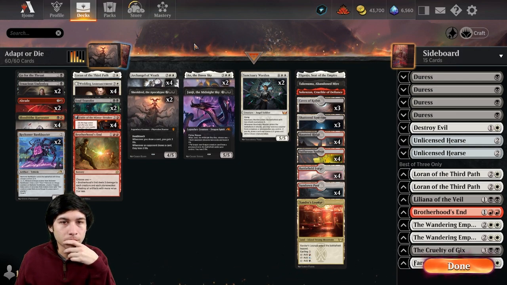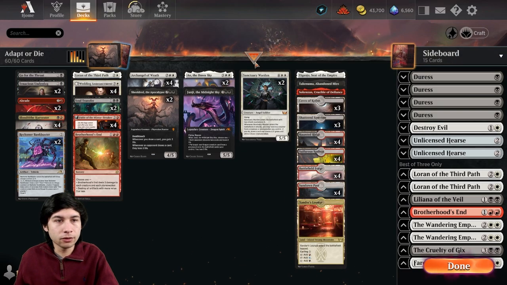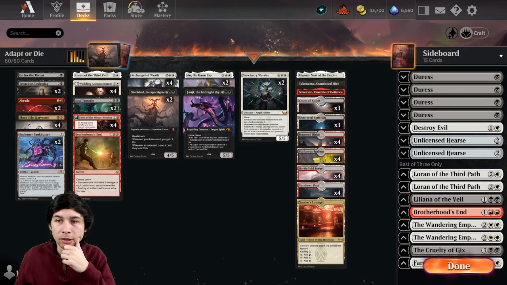Yeah, this looks fine. This looks fine to me. Sideboard definitely needs more. Well, now I have 3 Loran, 2 Abrade. Is that not enough? I feel like I might need...